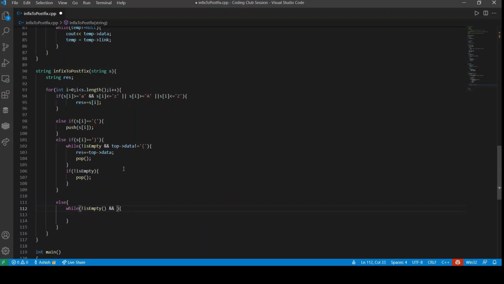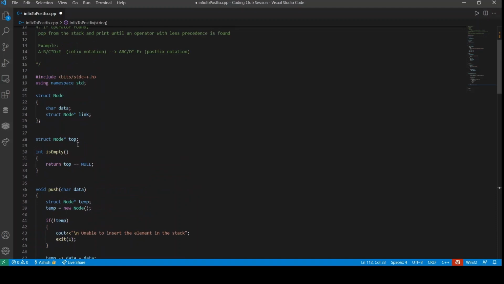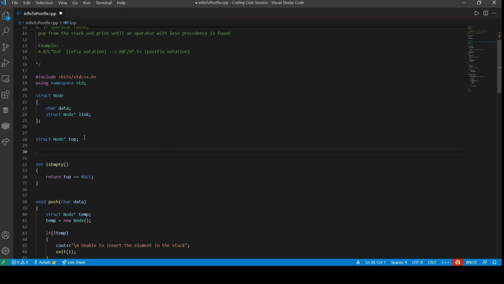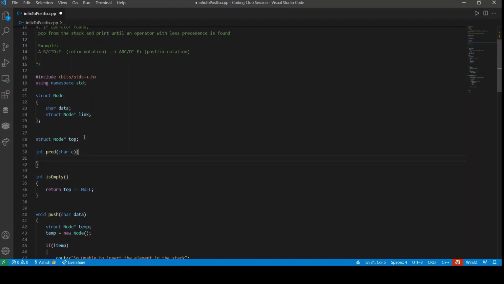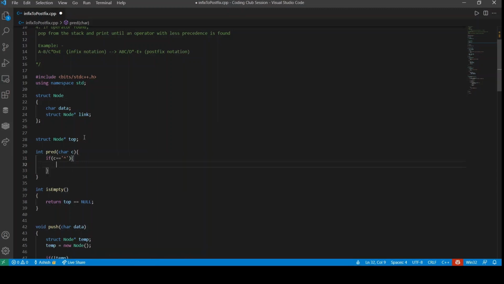So we need the precedence function, a function which will give us the precedence of the operator. Precedence will take a character as an argument. If the character is equal to the power operator, which has the greatest precedence, we return 3.